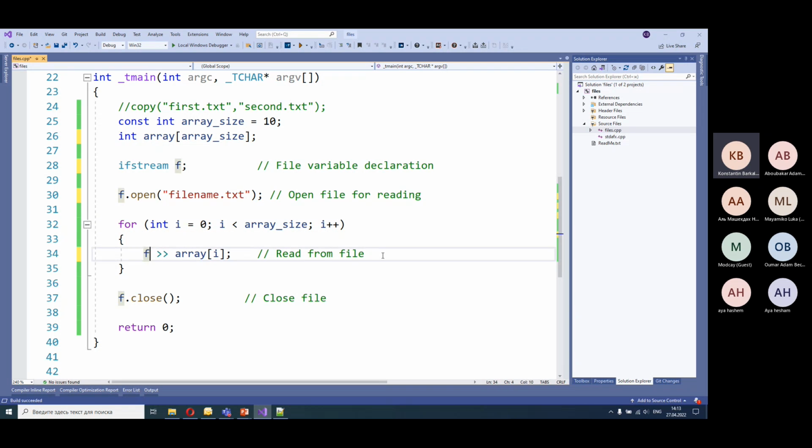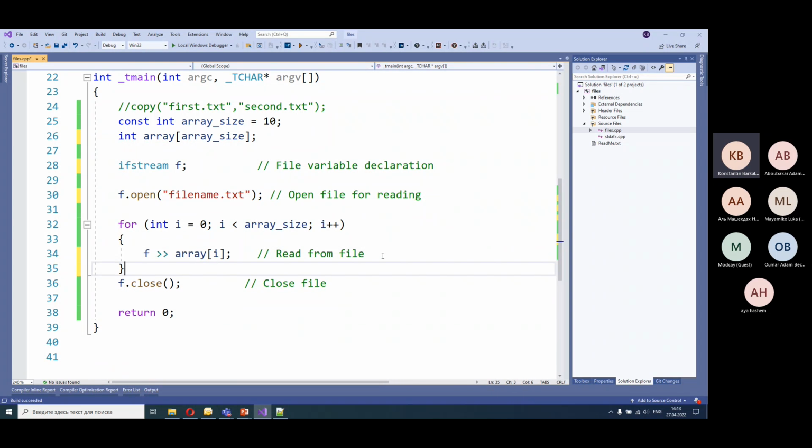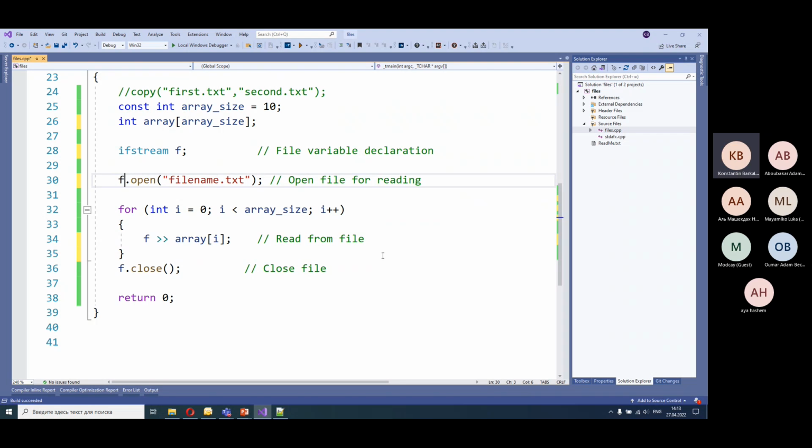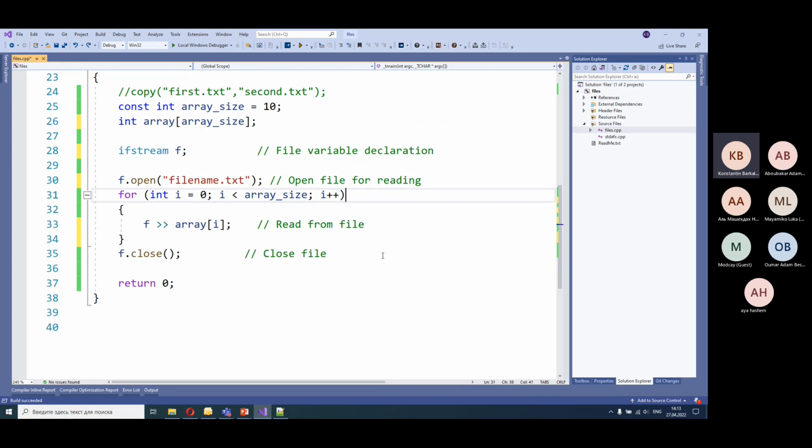Now the elements from the file f will be read to the array. After that, the file can be closed. Now let's output the contents of the array to the screen. After we close the file,